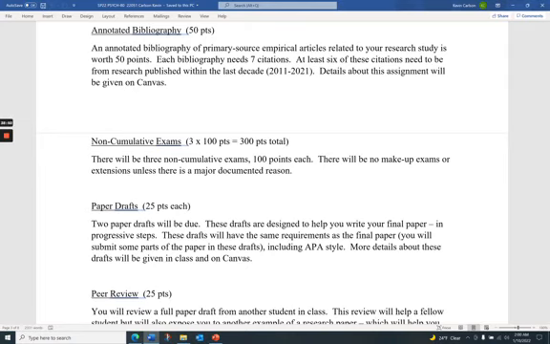The first step in your research paper, that's the big thing from this class, is doing an annotated bibliography. So you're going to be looking up research articles and reading them and writing down an annotation about those articles related to your research question. So that will be the first step that we'll do. And again, obviously, we'll talk more about this when that assignment comes up.